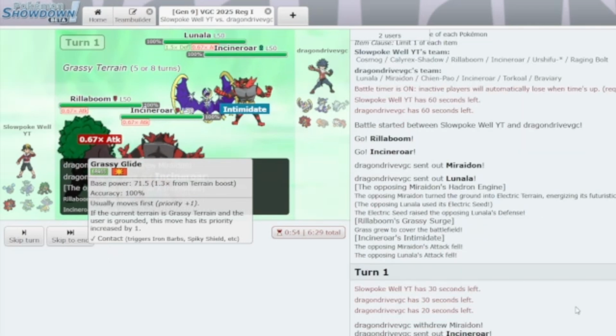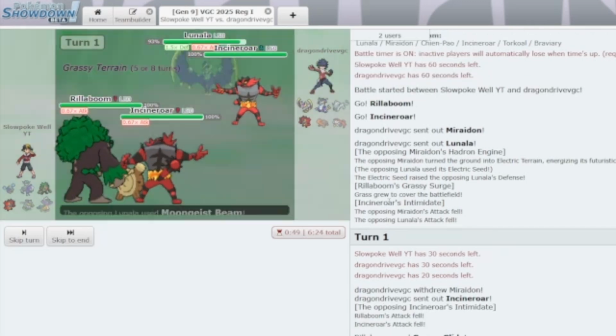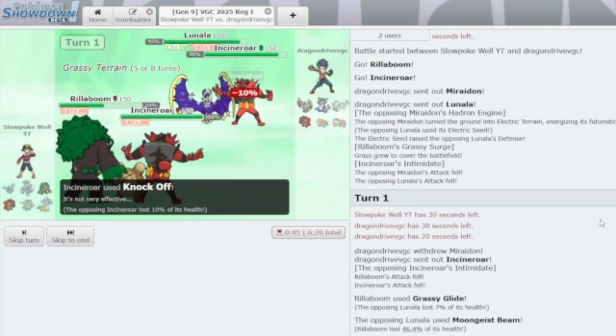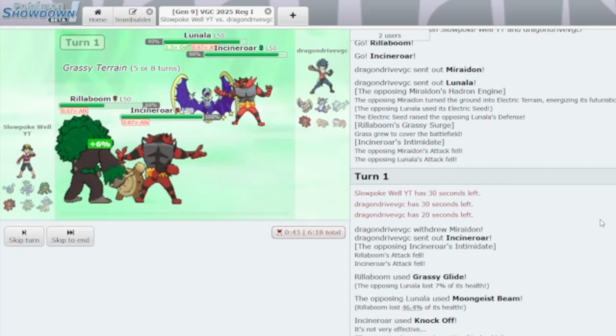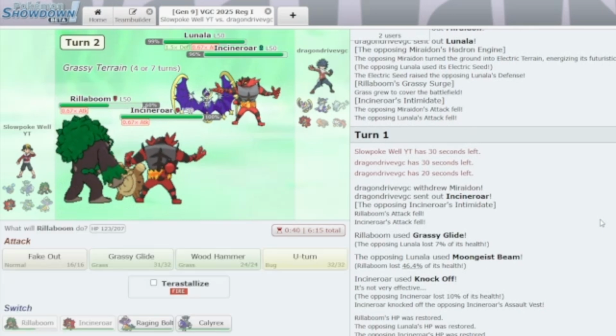Okay, they switch out to their Incineroar. I do get to break Shadow Shield, although with the grassy terrain... is it just coming right back? I had the Knock Off available into Lunala there. They just let me have that, but I didn't think they would, so I didn't go for it. That's unfortunate for me. I think here...